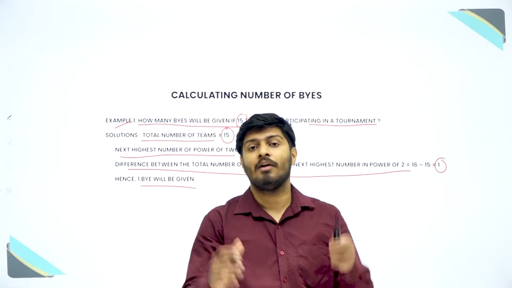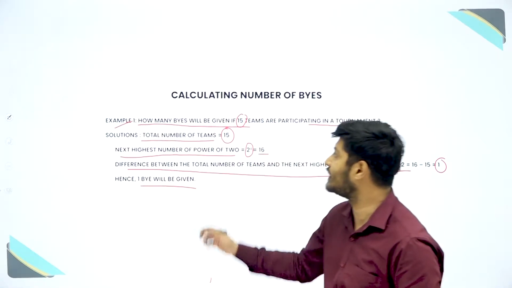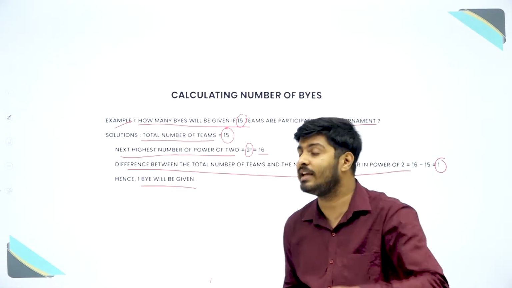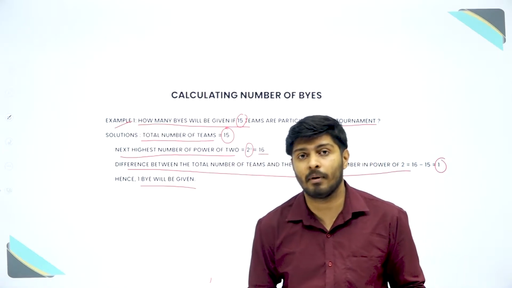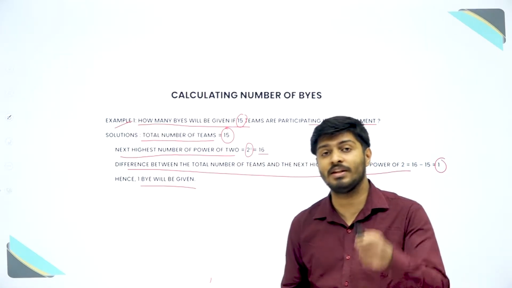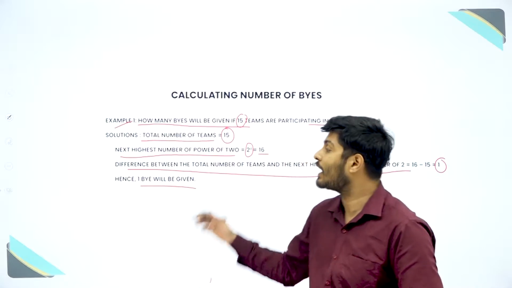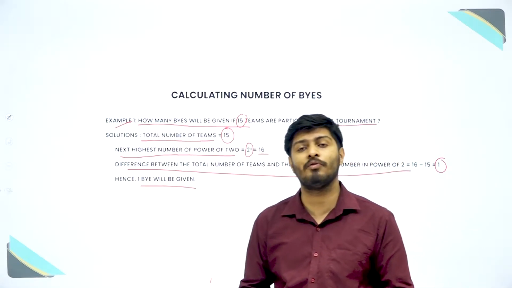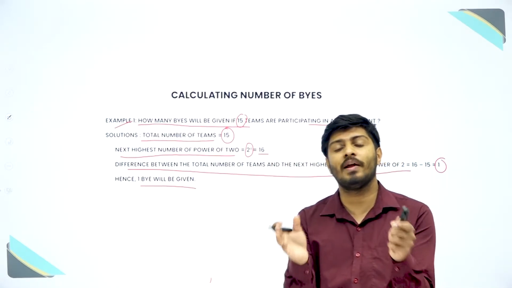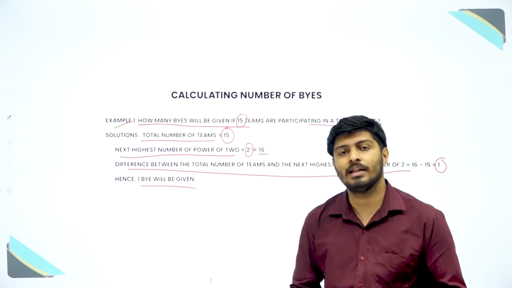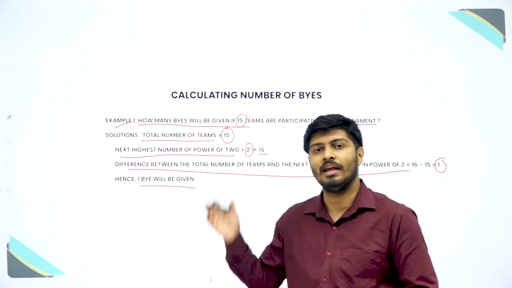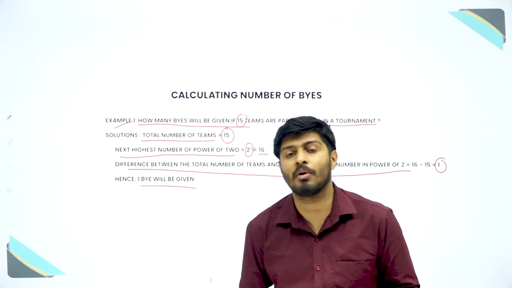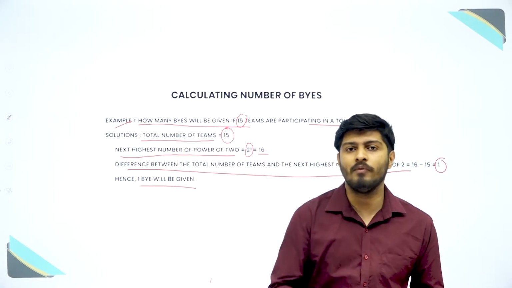Again, what is the step for that? First you have to see the total number of teams. Then you have to see which is the highest number in the power of 2 coming closest to the total number of teams given, and you have to find the difference of that. That will be the total number of buys given in the fixture. Now moving on to the next,